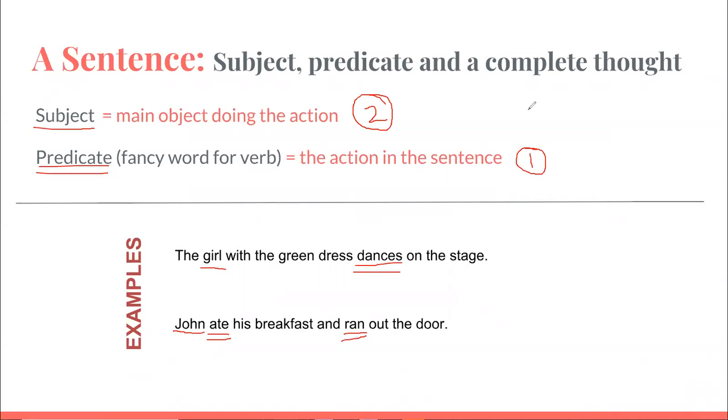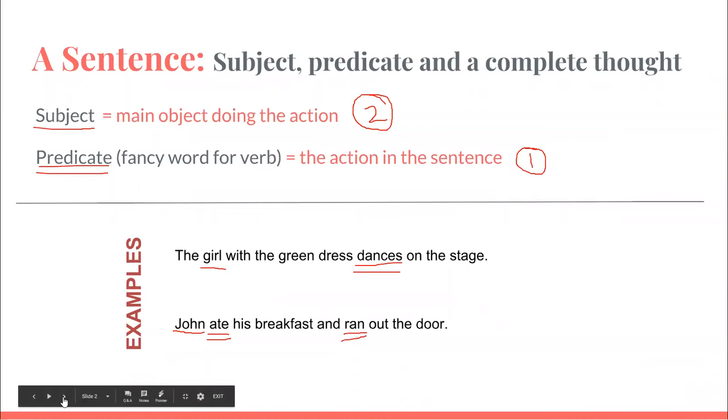So that is how you figure out what your subject and predicates are. Now remember, to meet a sentence requirement, it must complete a thought. Both of these sentences, as our examples, complete a thought. So they would be sentences. All right. From there, let's learn a little bit about